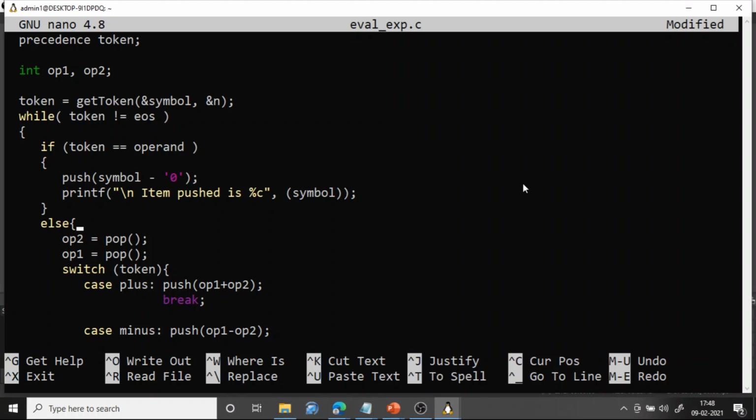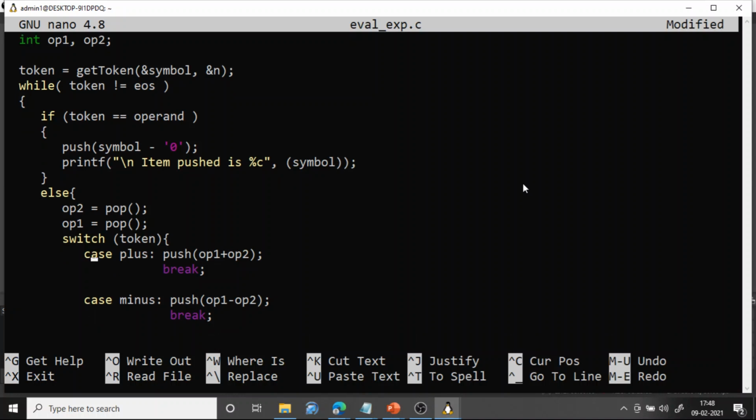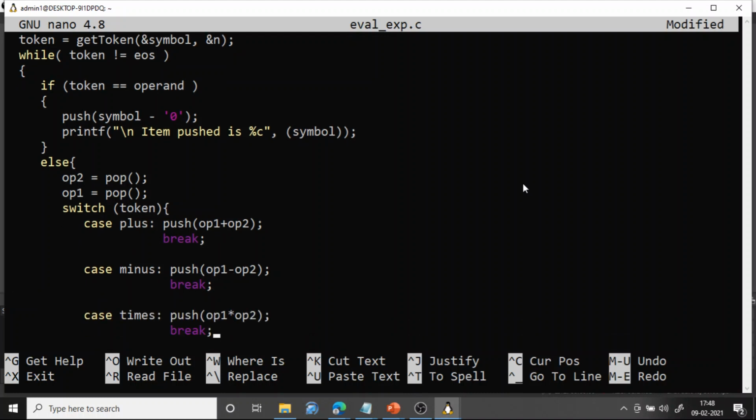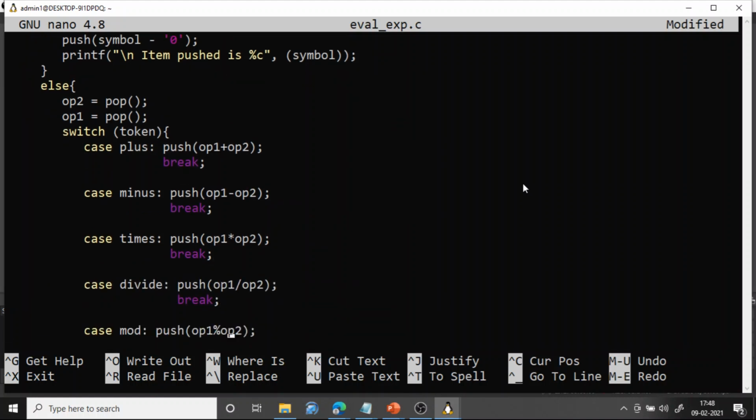Otherwise, if it is not an operand, then we pop 2 times. Whatever you pop first, that goes to operand 2. Whatever you pop second time, that goes to operand 1. And then we write switch of token, the same logic. If it is plus, push of operand 1 plus operand 2, that is add and then push. If it is minus, subtract and push into the stack. If it is multiply, multiply and push. If it is divide, divide operand 1 by operand 2 and push.